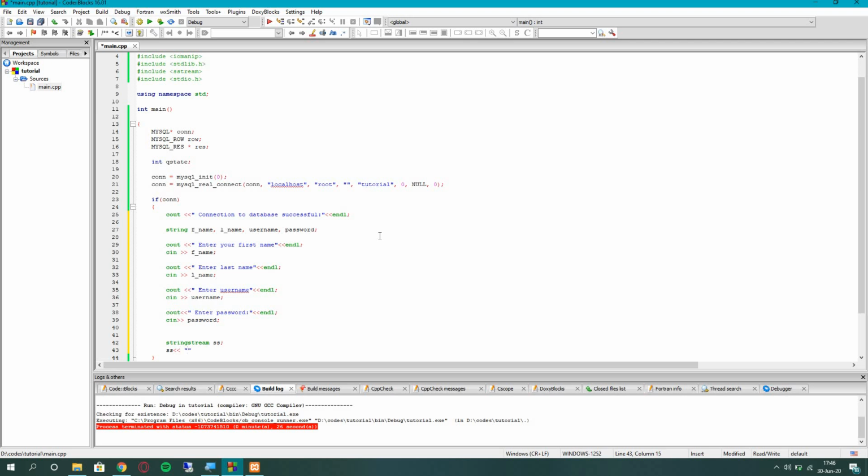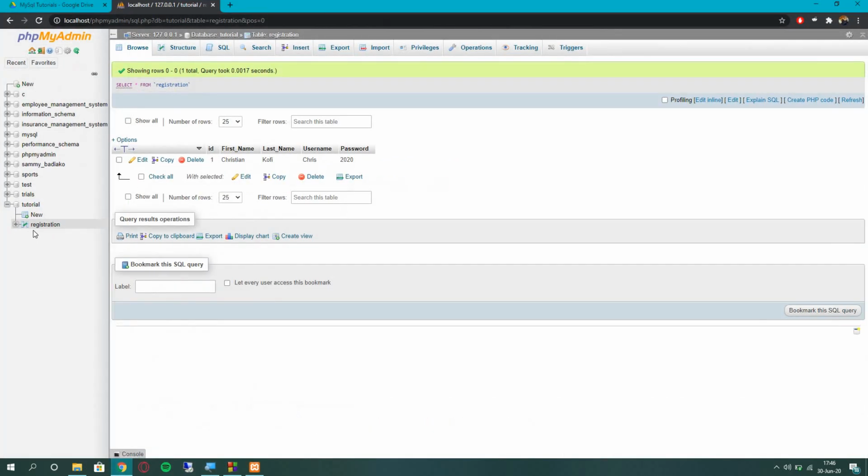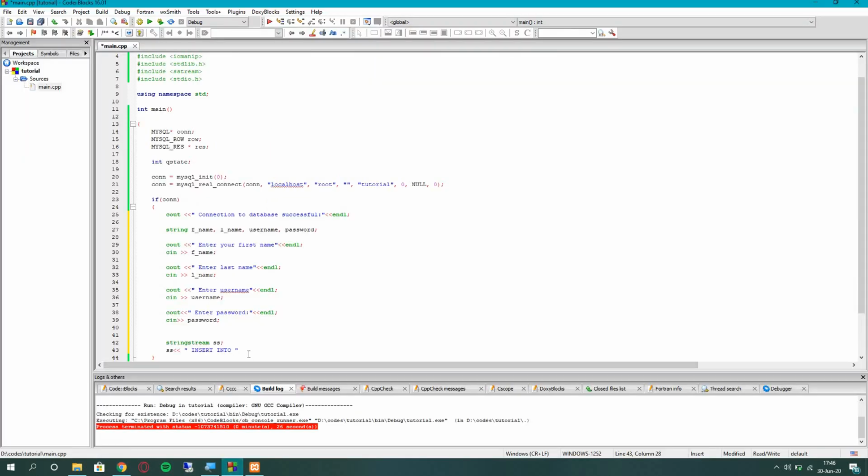Then open your double quote, insert into. We need to check the table we created to insert into, which is registration. The registration is the name of our table. So insert into registration,